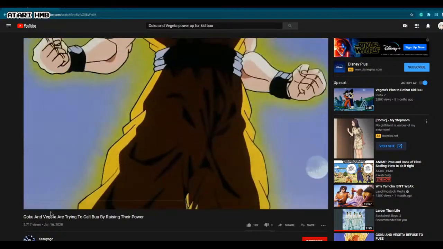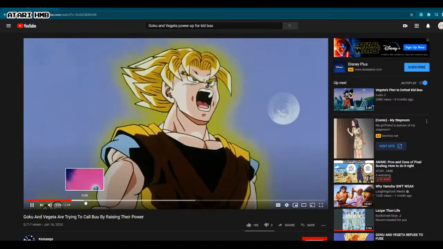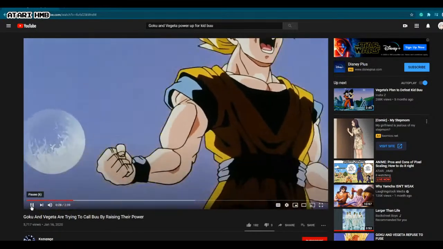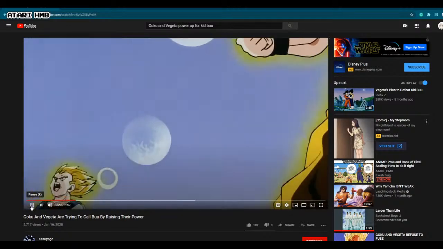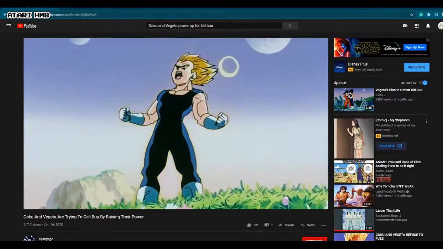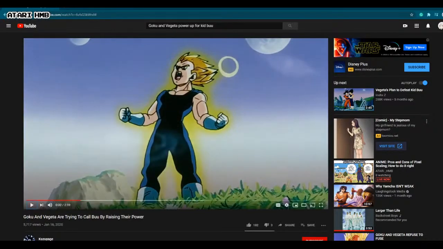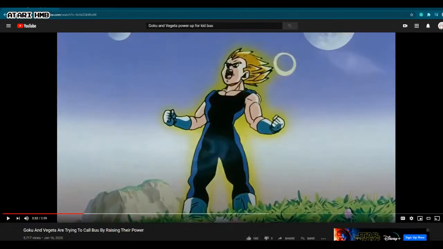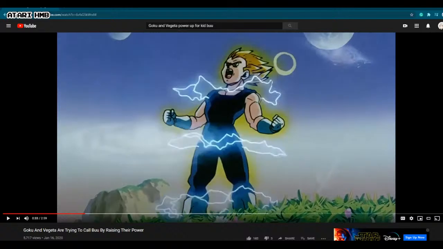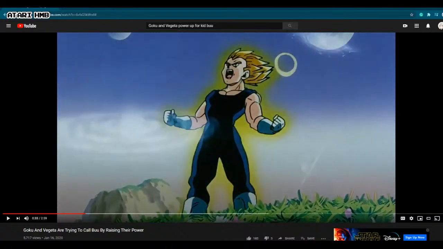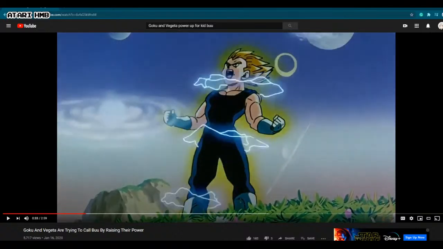Now let's talk a little bit about here. Now look at it right here. Watch when it pans over to Vegeta. Pay close attention. So I'm going to freeze frame it here so I can show you bit by bit. I'm changing the screen. Boom. So as you can see here, when Vegeta's powering up, I believe he's Super Saiyan 2, I'm assuming. So do you see this